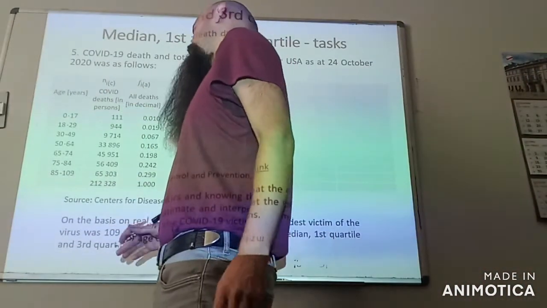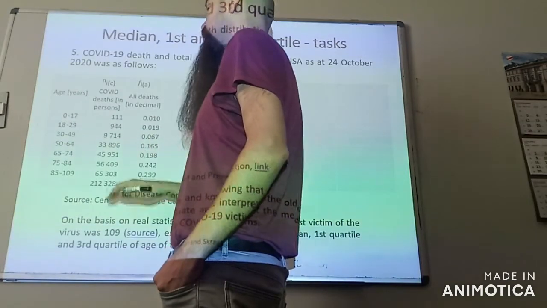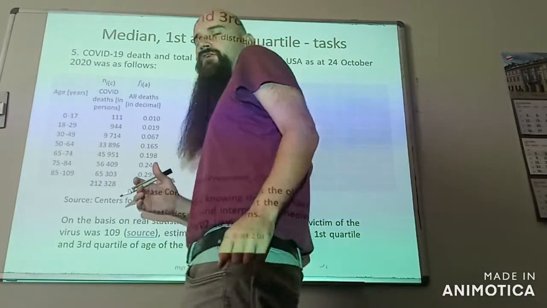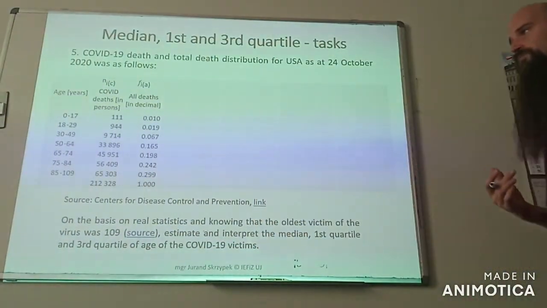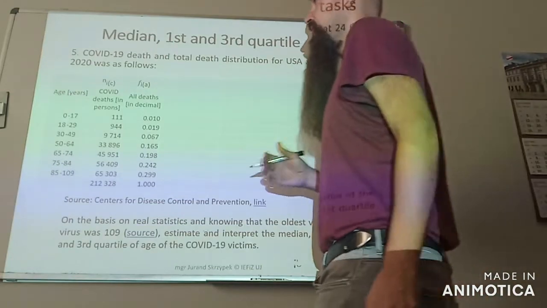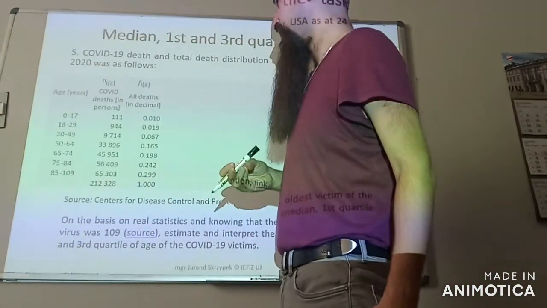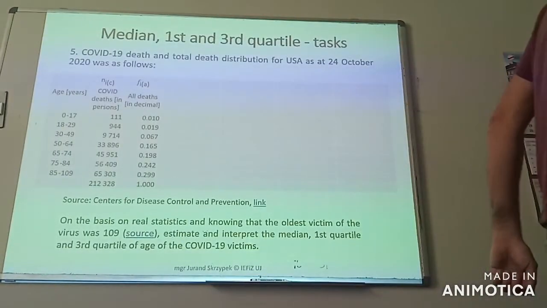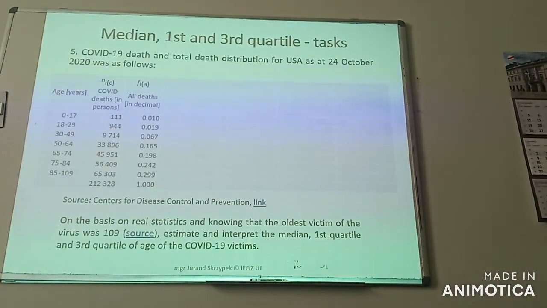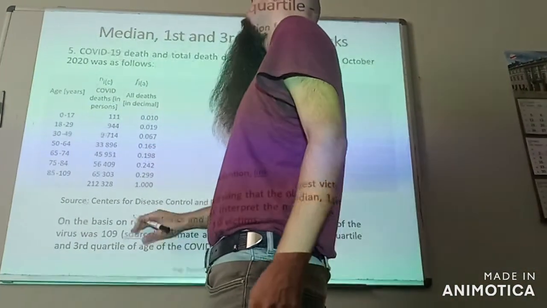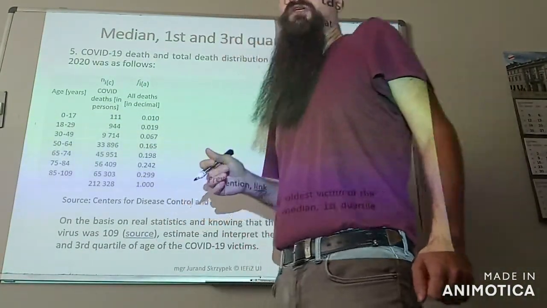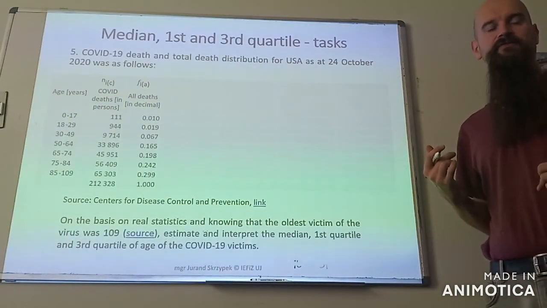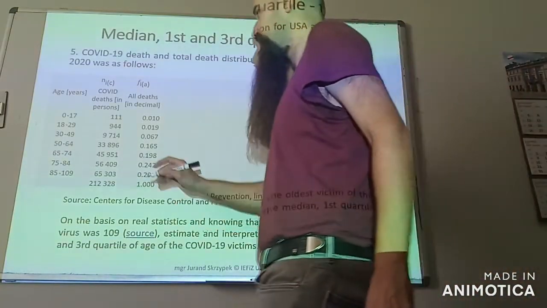If we talk about the COVID deaths, we express the phenomenon using frequencies, the number of deaths, and if we talk about all deaths due to a variety of reasons, we use decimals. So we will use two types of formulas. Let's start with